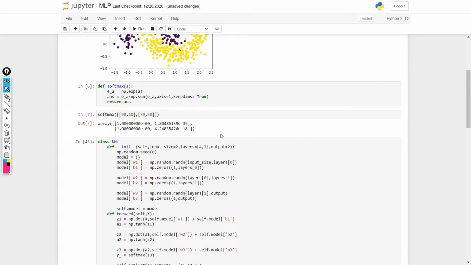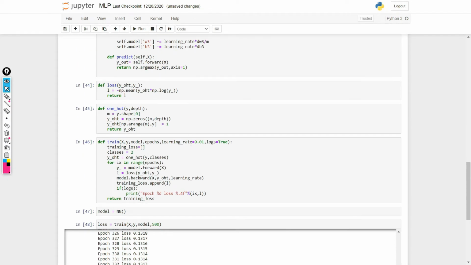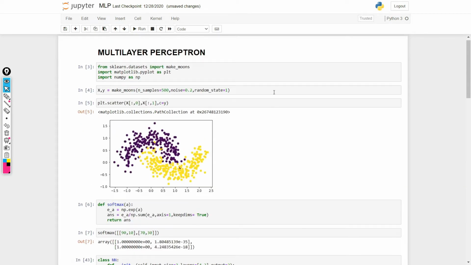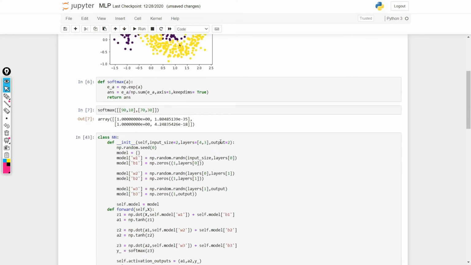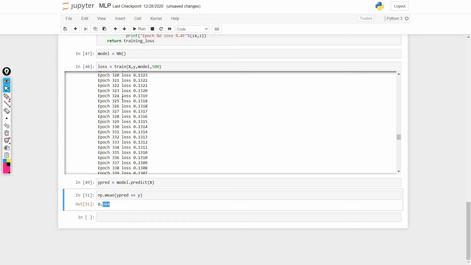Because we have created a very small neural network and we have not implemented many things here, our accuracy is 90.4, and it is pretty good. So let's also check what our accuracy was before training.